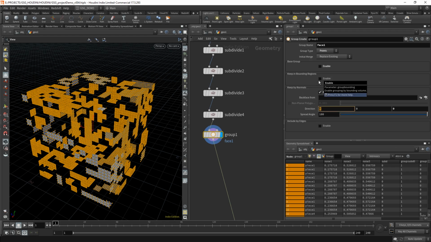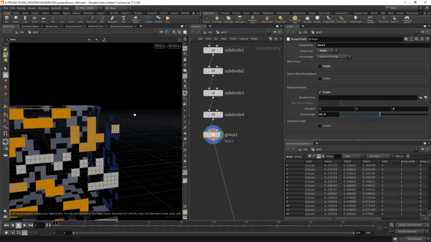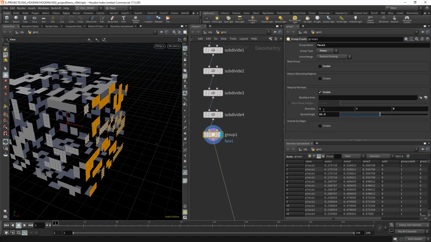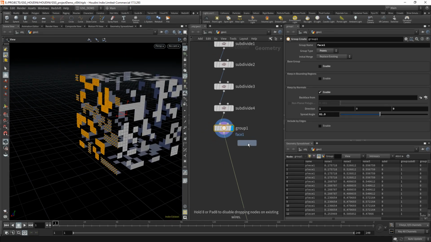I'm going to put a 1 in X, and I'm going to start reducing this spread angle. And you'll see what happens as I do. Once we get down below 90 degrees, we get only the points that are facing positive in X. And that's it. Nothing else is in that group. Cool. So let's go ahead and make